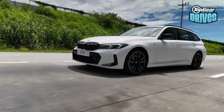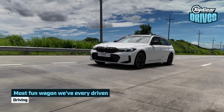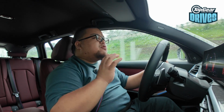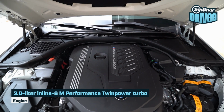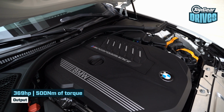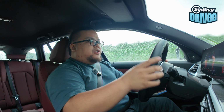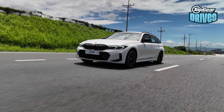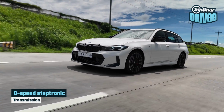I haven't driven a lot of wagons, but out of the ones that I have tried, this is easily the most fun and enjoyable one yet. The 2-liter twin-power turbo in the 318i is no slouch, but the 3-liter 6-cylinder M-Performance twin-power turbo engine, apart from being an absolute mouthful, is just far, far ahead. And the sound it produces through the stock exhaust is just glorious. But this is with sport mode on, mind you. It gets to highway speeds in a jiffy, and the 8-speed automatic transmission is smooth, and I have zero gripes